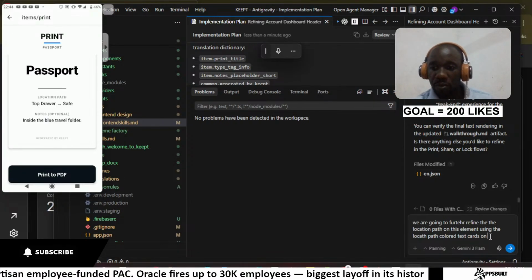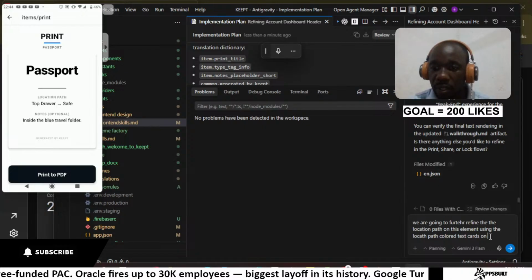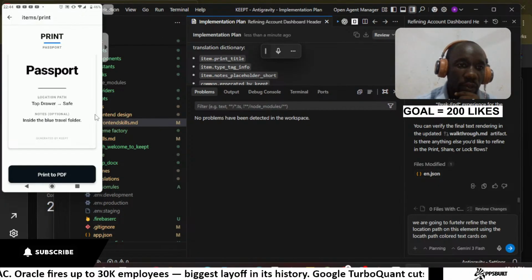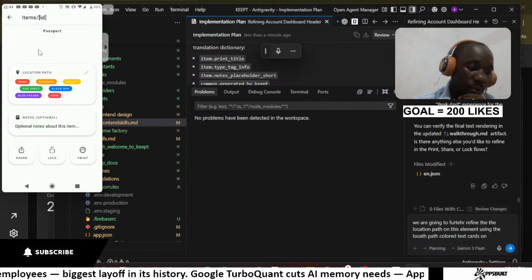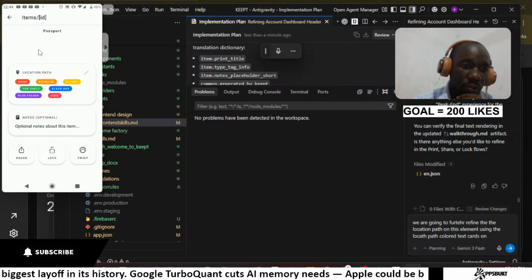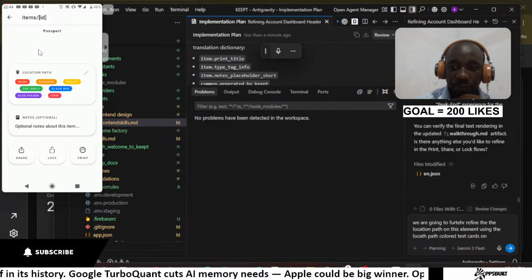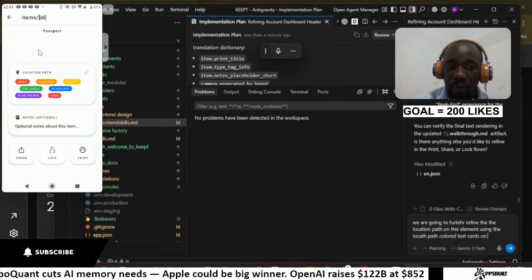So what we are going to do is reference this. We want to change the location path here, because currently when we go to this, the location path looks quite good. So we are saying using the location path colored text card zone,